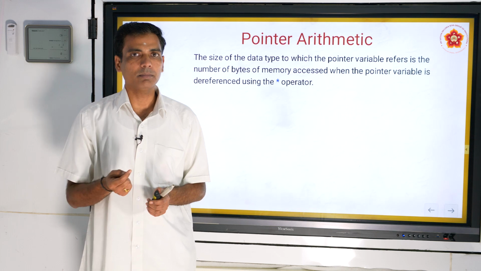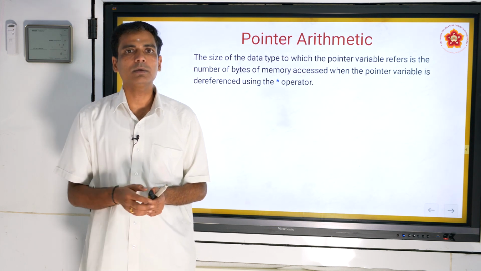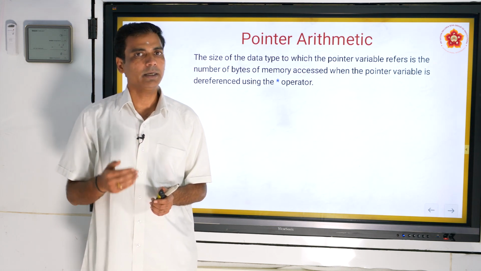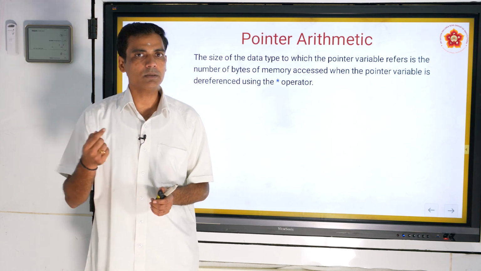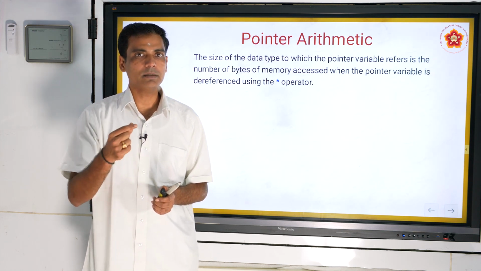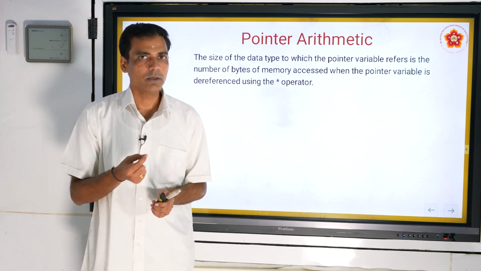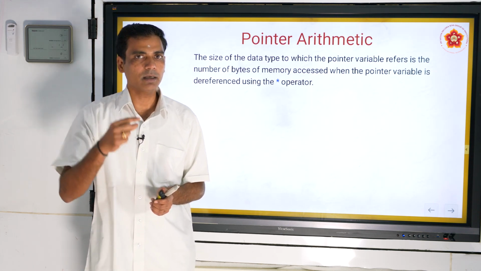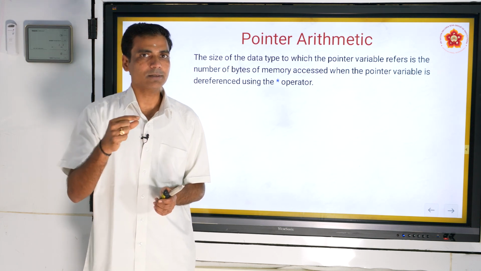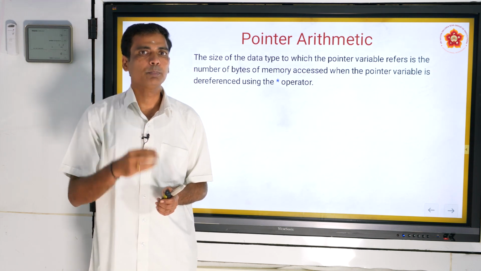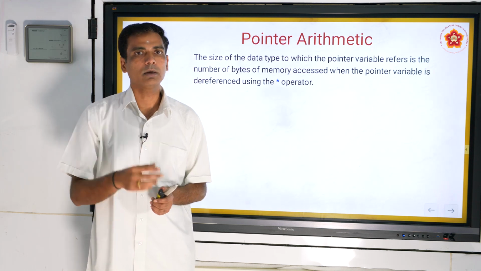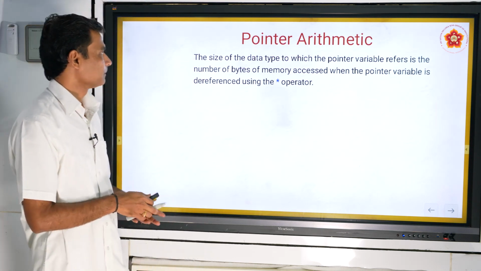So an integer number, say 9, gets converted into 16 bits, 8 bits and 8 bits, and 8 bits means 1 byte. So 8 bits are stored in one location, another 8 bits will be stored in another location. So this dereferencing operator is accessing both the memory locations, because it has to access all the 16 bits, meaning both bytes it has to access.